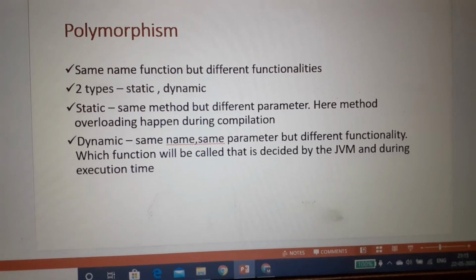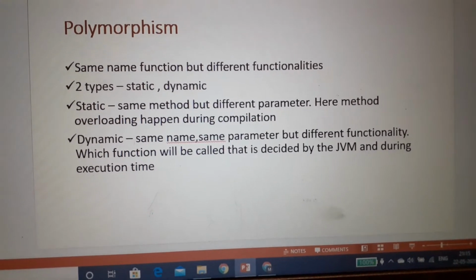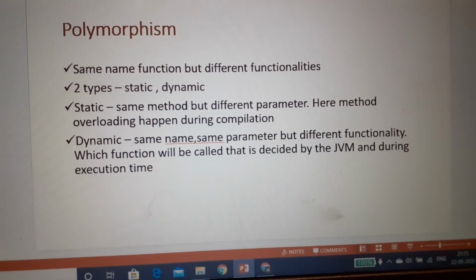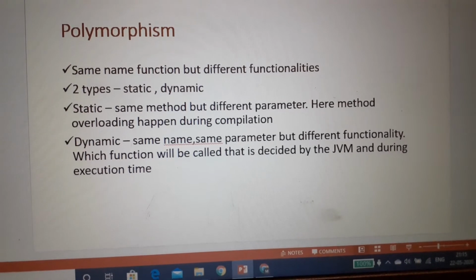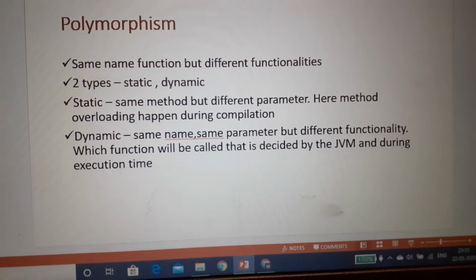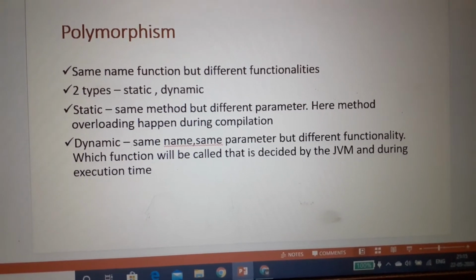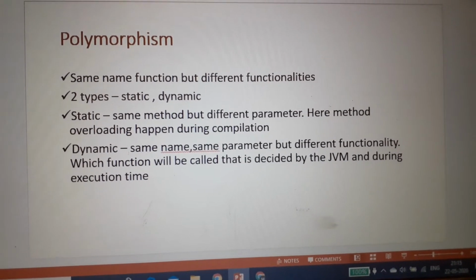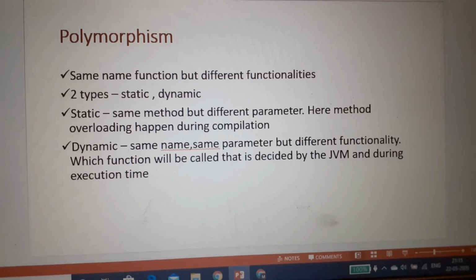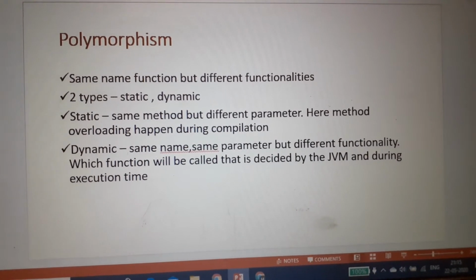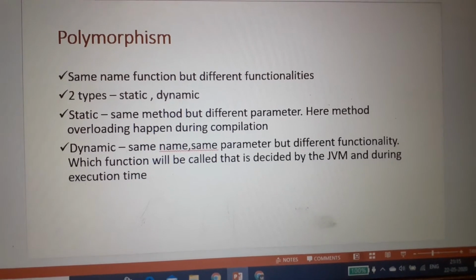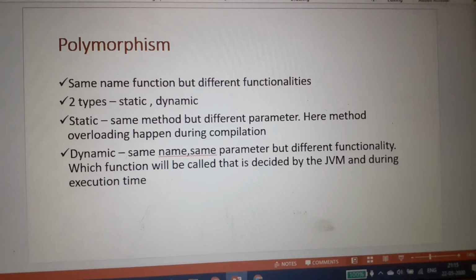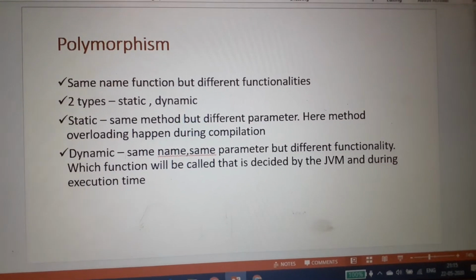When the same method name is used but different parameters are passed in the function, that mechanism is called static polymorphism. Why static? Because here the methods are overloaded and which method will be called during runtime is already defined during the compilation time. So this is called static polymorphism.